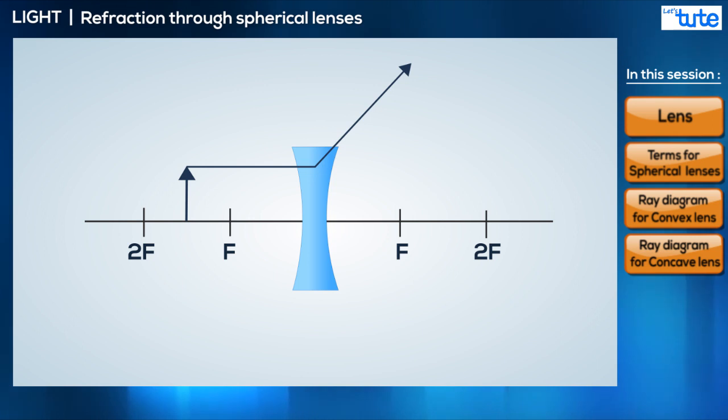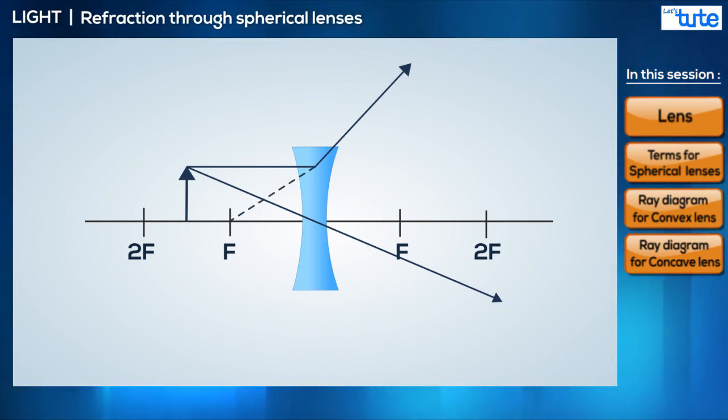Now, the other ray is incident on the lens such that it is incident on the optical center. Again, like before, it will go through straight. Now if we draw a straight line back from the diverged ray, we can see that it meets the other ray between the focus and the lens. So we can see that the image is virtual, diminished, and between the focus and the lens. In fact, all the images formed by the concave lens are virtual, diminished, and between the focus and the lens.